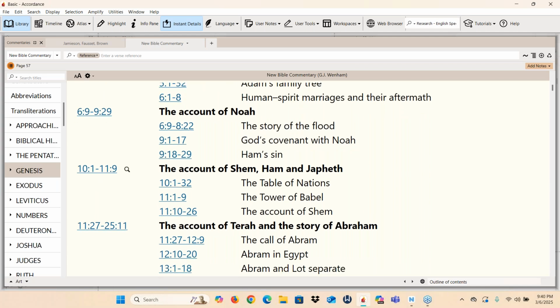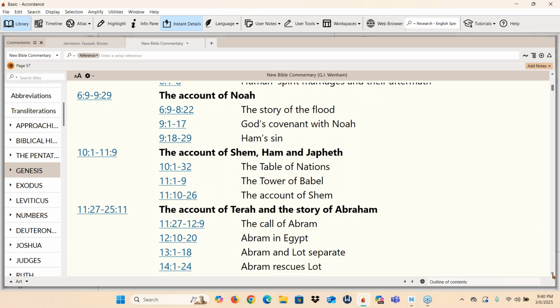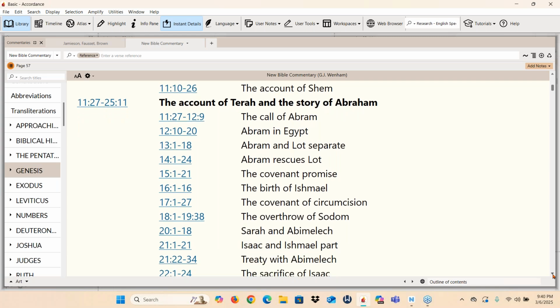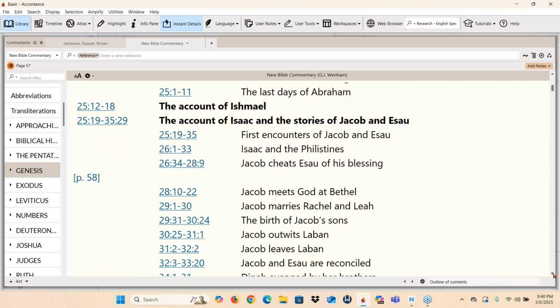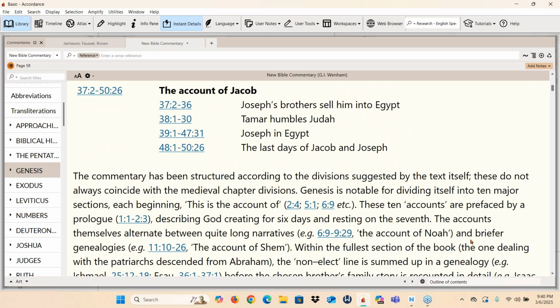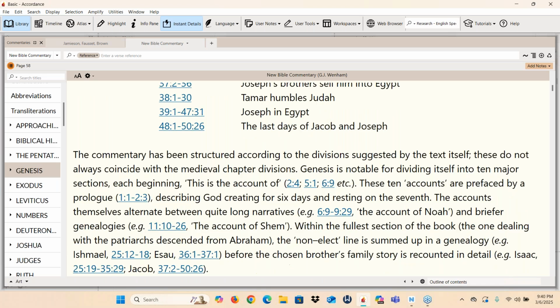So only 10, 11 chapters deal with the creation and some really amazing accounts like Noah and such, but nearly 50 chapters deal with God creating a nation of people for himself through Abraham. Through chapter 50, isn't it? 48? No, 50. It's 50. So anyway,